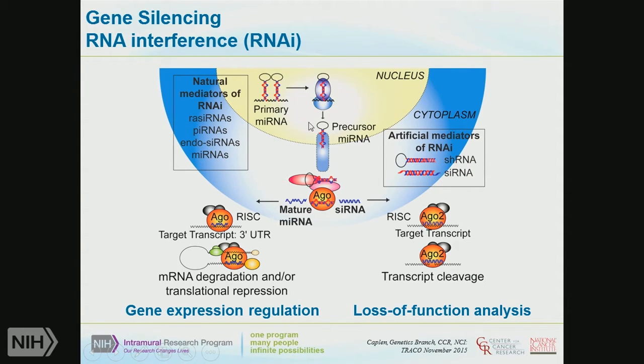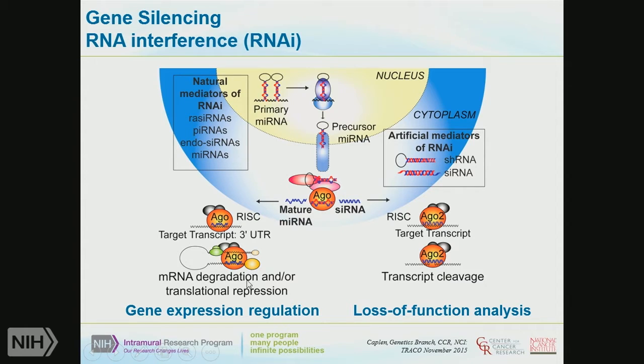These go through a series of different nuclease steps and are exported initially as a hairpin structure and are loaded into an Argonaute, an RNA-induced silencing complex that, if it's regulating gene expression, will normally interact with sequences predominantly within the 3' UTR of a target transcript through binding at the one end of the molecule. I'm going to come into that in a little detail in a few minutes. This leads to mRNA degradation or translational repression.